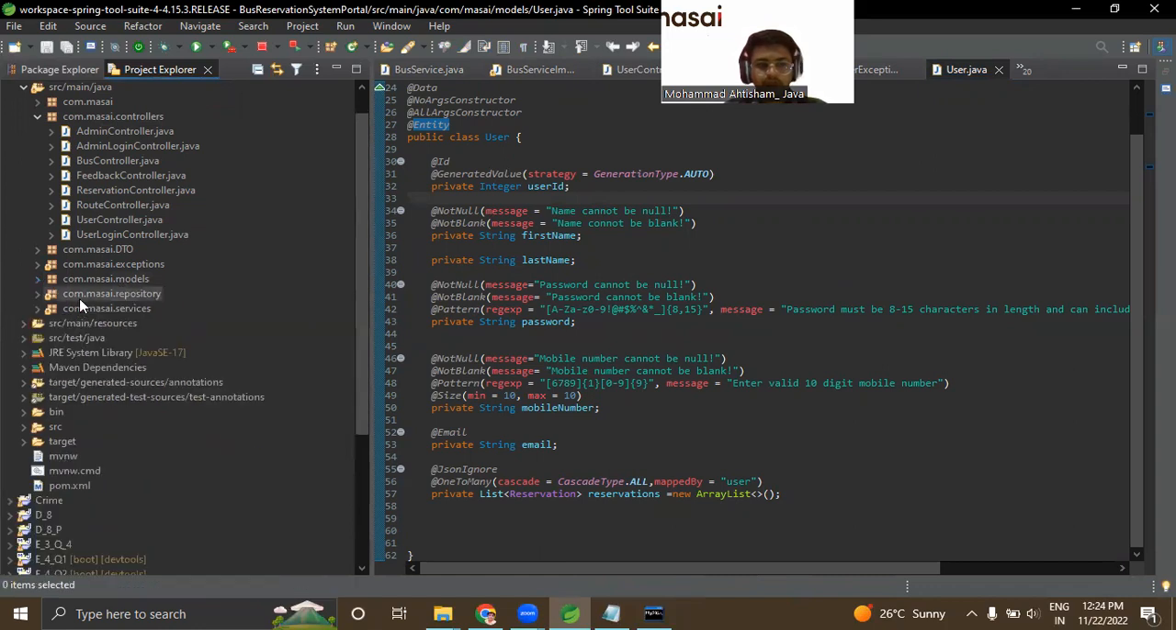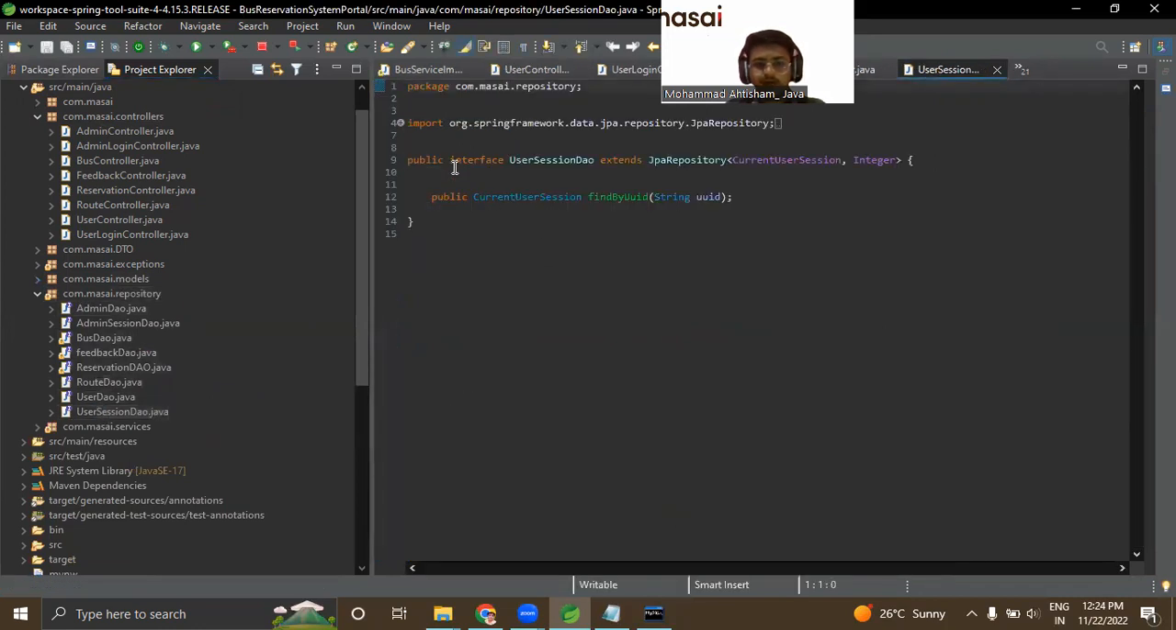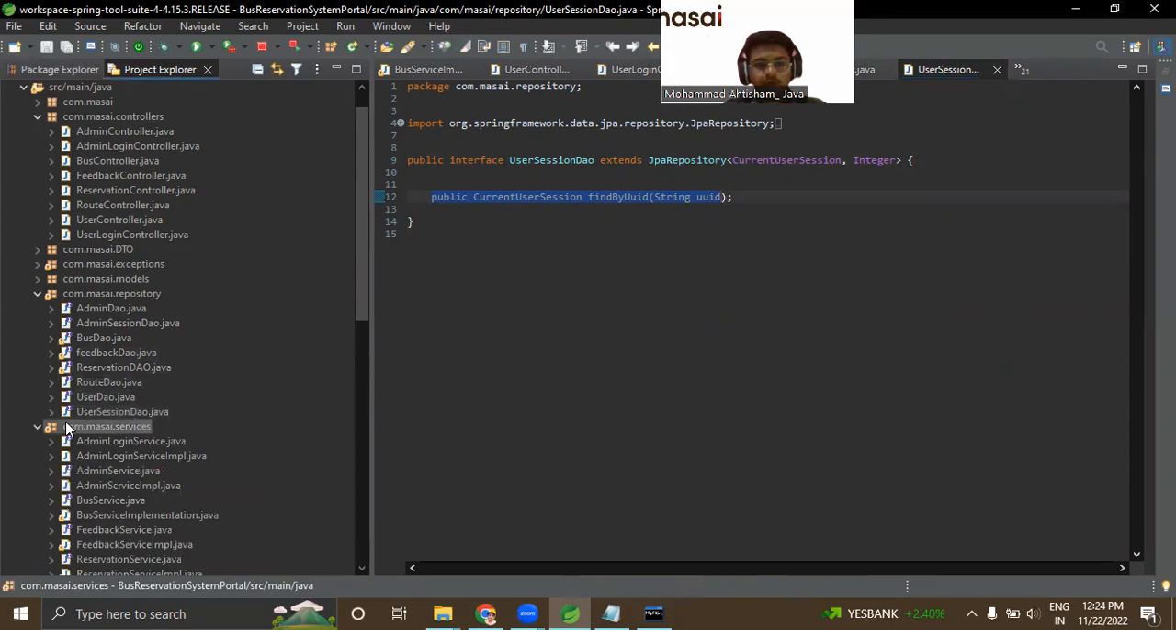Let me show you the repository part of the users. As you can see here, this is an interface class, UserSessionDAO, extending JPA repository with a key of current user session and a value of teacher. And we make a method findByUuid, that is the user ID. And now it's time to show you